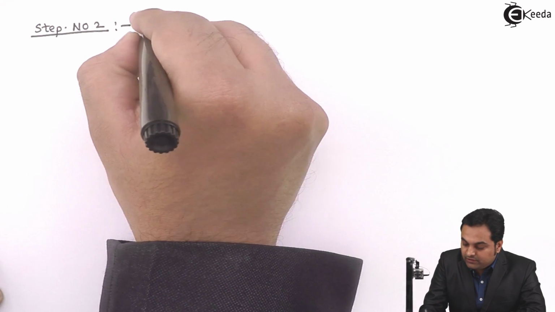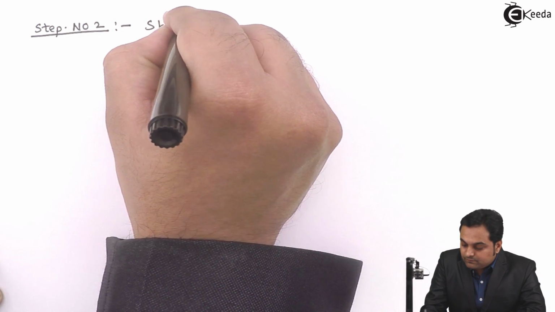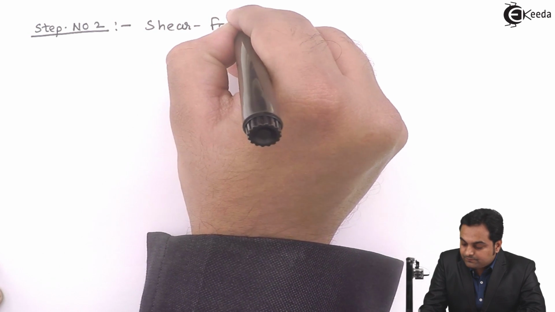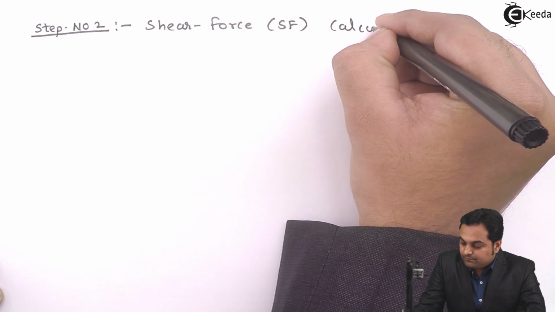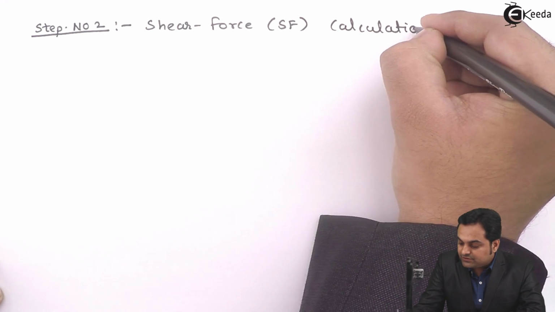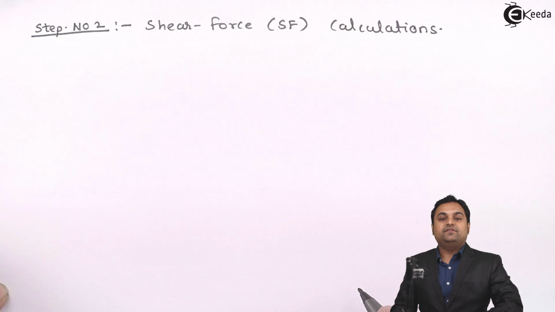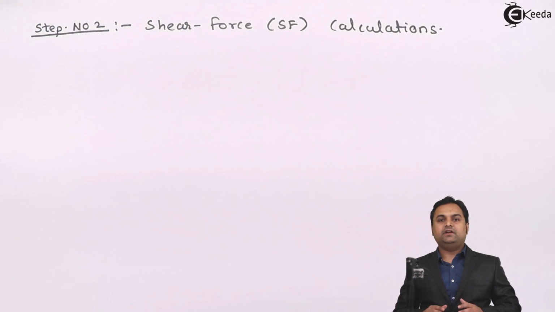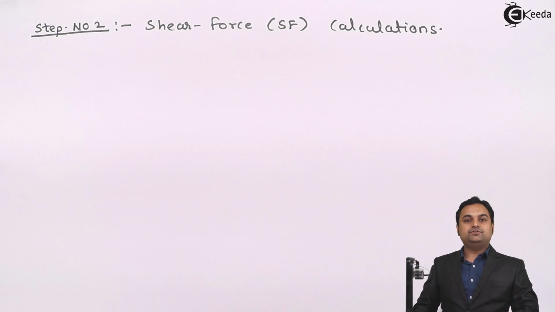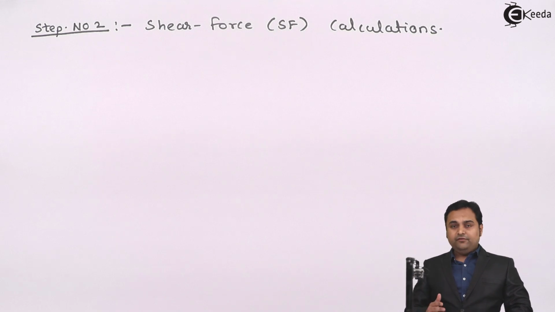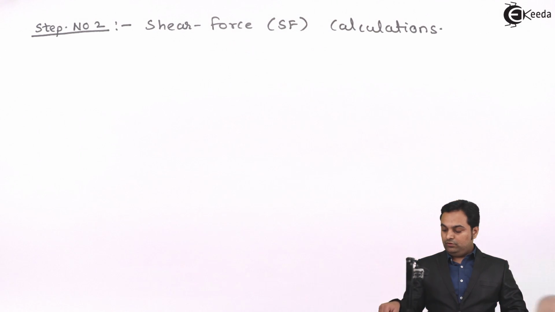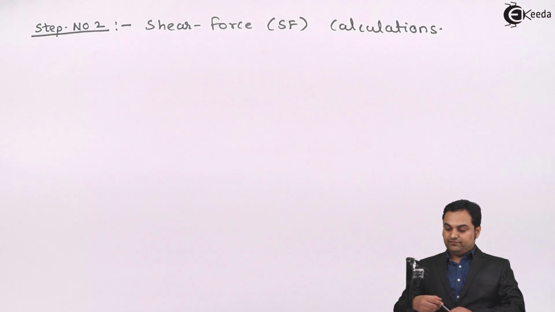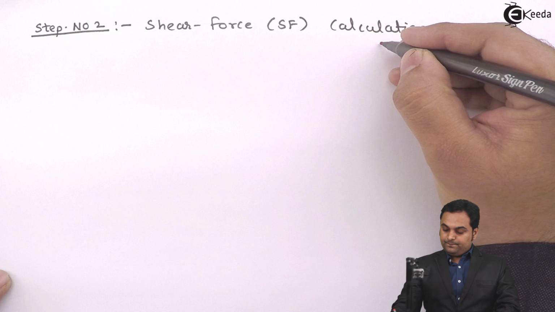Step number 2 is called shear force or SF calculations. And for SF calculations, whenever we are solving problems on shear force and bending moment, we need to know the sign conventions. In case of shear force also, we need to have the sign convention first. So the convention is